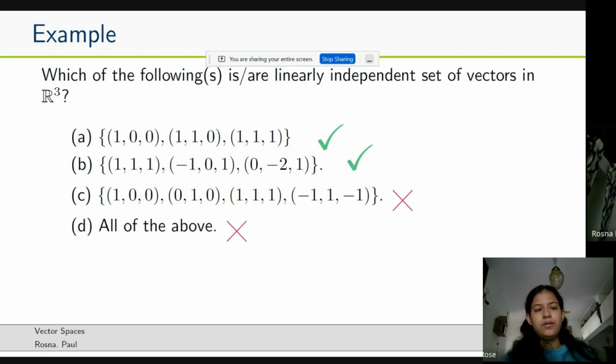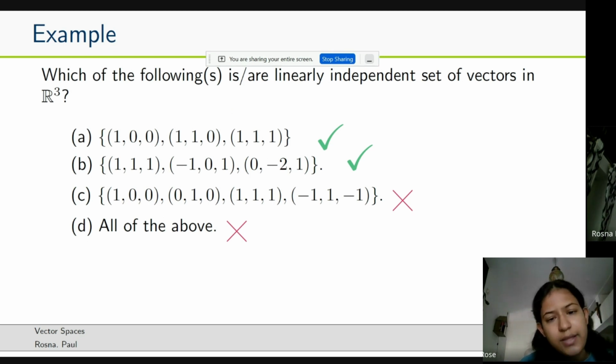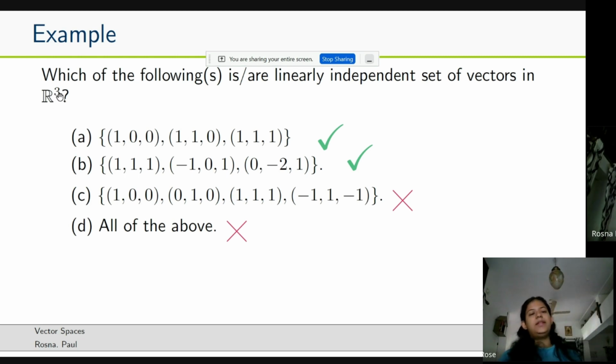So the third one is wrong, hence the fourth one is also wrong. The other easy method to look at this problem is that if you have a vector space R3, then the size of the maximum linearly independent set is 3. So if you take any collection of 4 vectors from R3, then they will be linearly dependent. So this is the easy method to